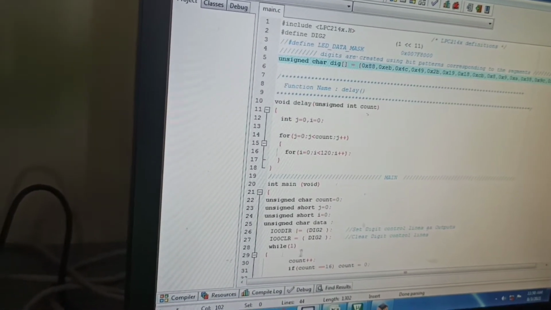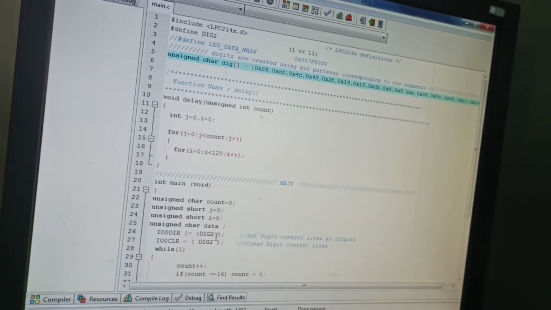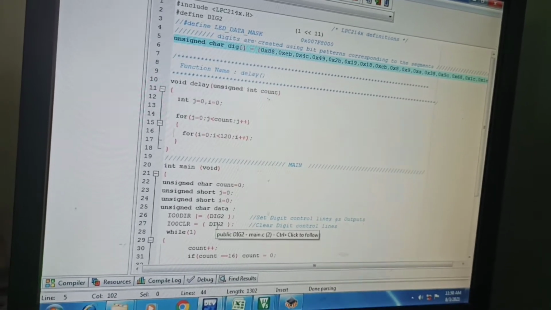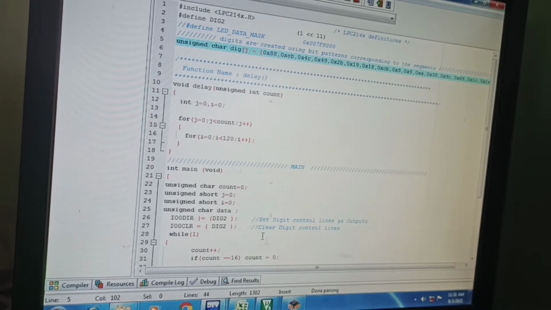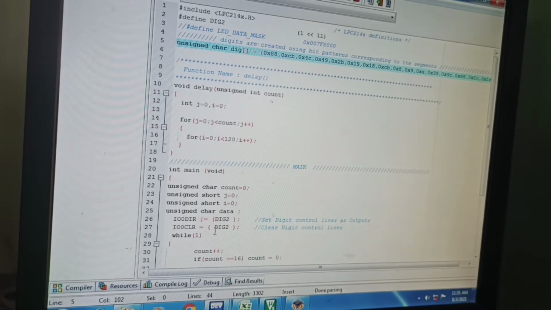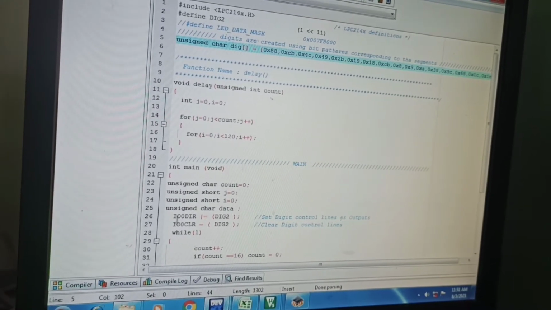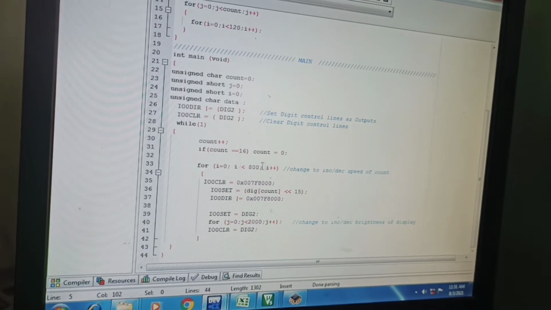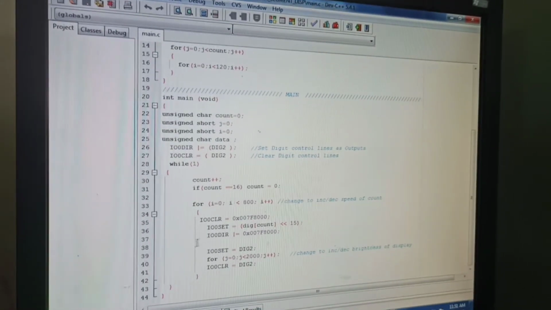Once it has displayed all the values, 0 to 15, it is going to clear the values that were already displayed on the 7 segment display. After some amount of delay it is going to clear all the values from the digit 2. And here I am going to use, in the while loop,